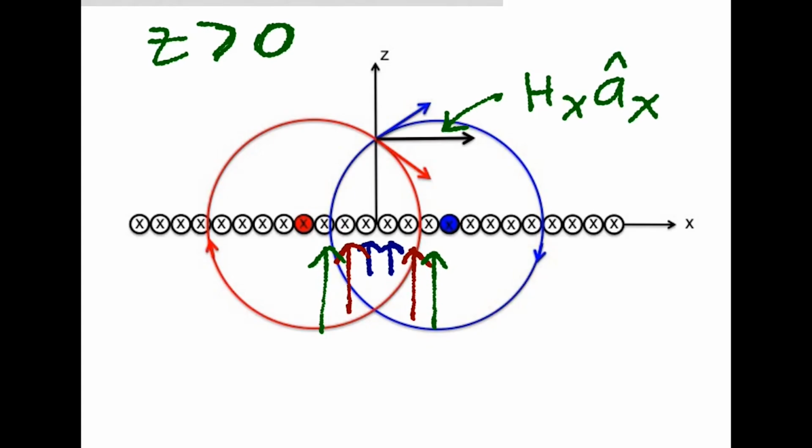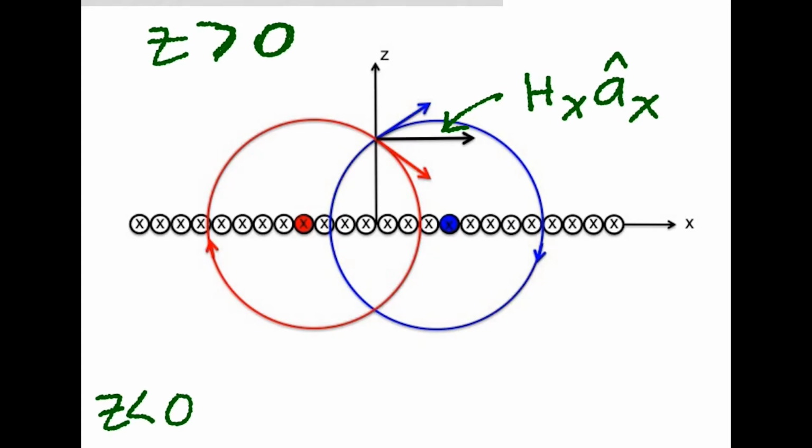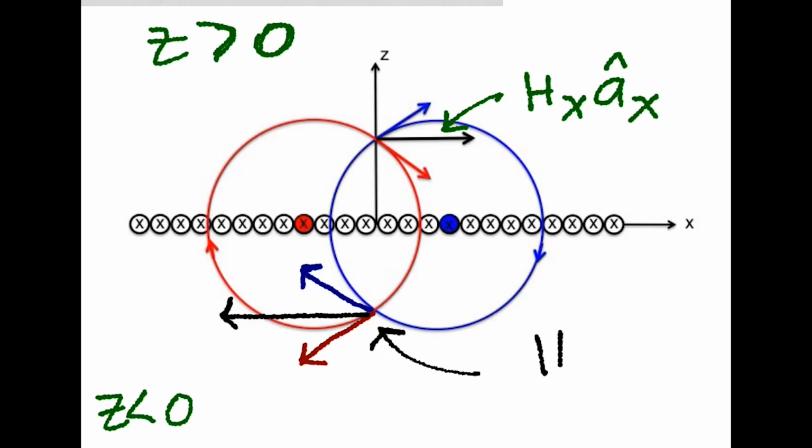Okay, now we can do the same thing below the plane, that is for z less than 0. Looking here, the magnetic field intensity due to the current filament on the right would look like this, due to the current filament on the left would look like this, and the summation would be this. For an equal distance below, the magnetic field intensity at this point will have the same amplitude, H sub x, but it will now be in the minus A sub x direction.